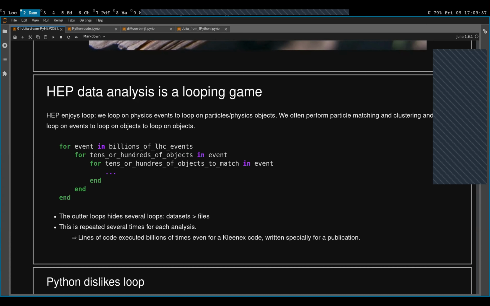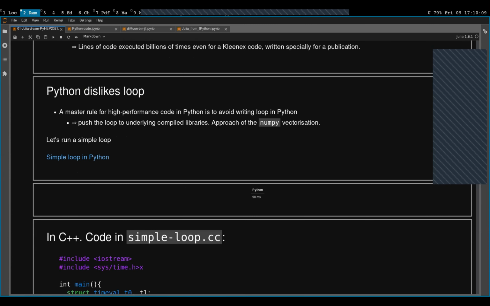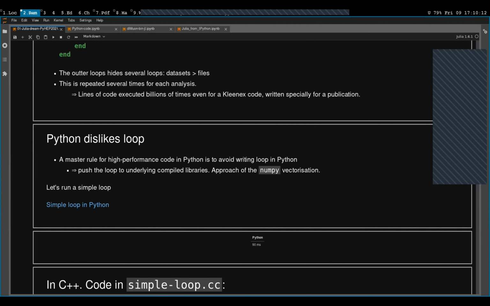And this loop of loops is actually repeated several times for each analysis, because in the process of the analysis, you look at the results, then you improve the analysis, you look at the results again and again until the publication, and this process can take several years. So a line of code is executed billions of times, even for the cleanest code that was just developed for publication. Why I'm discussing loops is because Python dislikes loops, contrary to the snakes that we have seen